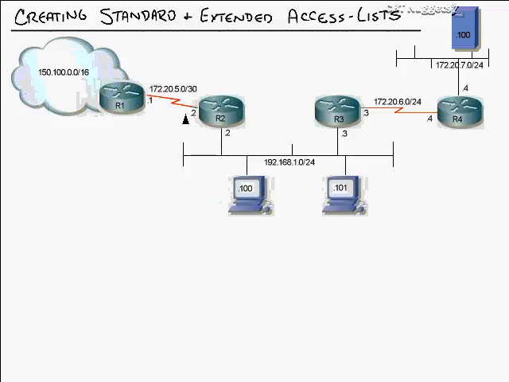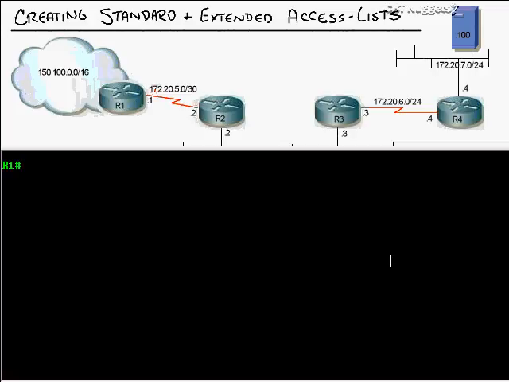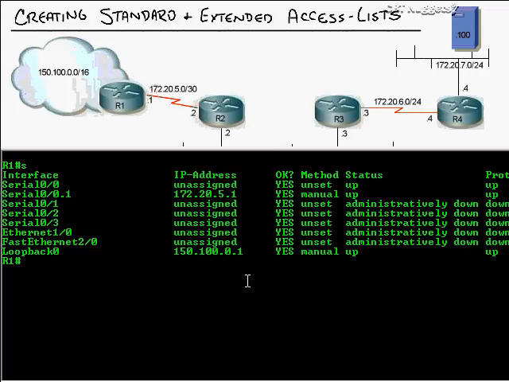I need to create this access list and place it on router 4, either inbound on this serial interface or outbound on that Ethernet interface. So let's go ahead and bring up the configuration prompt, and I'm sitting on router 1, and I first off want to do a ping to make sure I prove that I can reach the 172.20.7 network over there with the server on it. Now I'm going to do a show IP interface brief. I'm emulating as if I was connected to that cloud with a loopback interface,